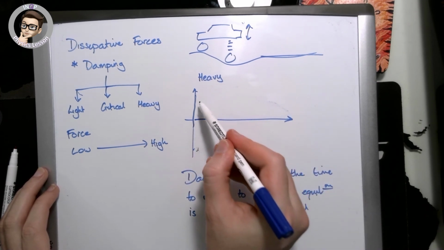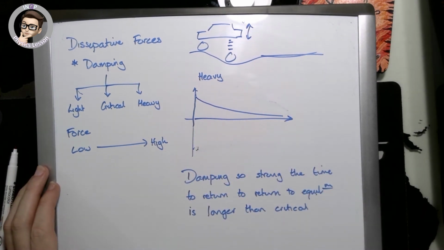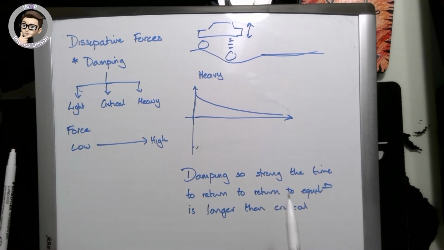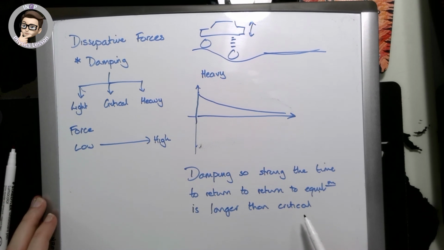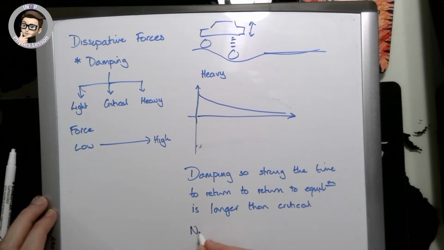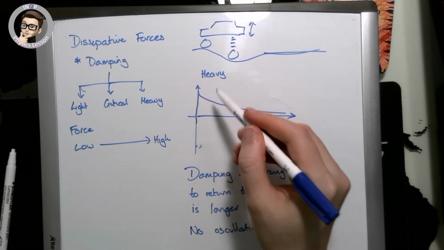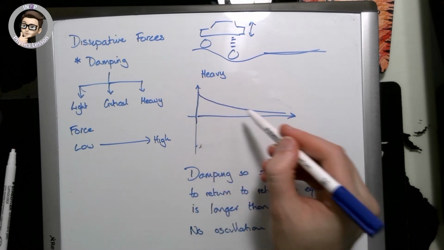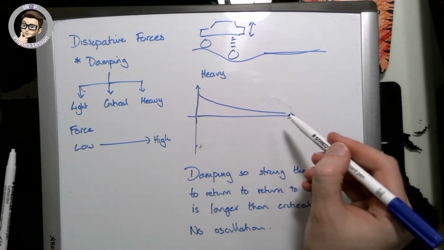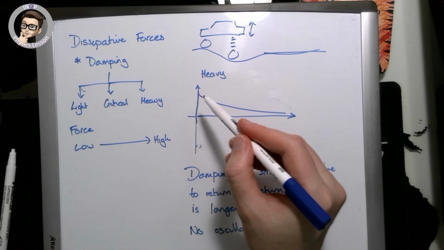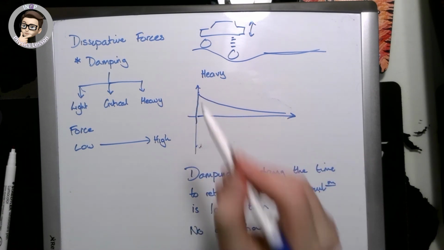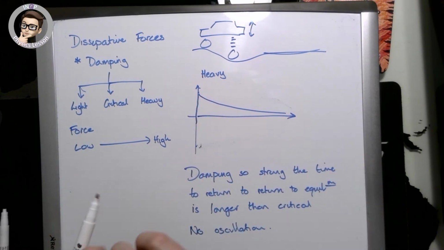But heavy looks like that. It looks like the damping envelope. So damping is so strong that the time to return to equilibrium is longer than the critical time, and there is no oscillation. So you don't go below the 0 point. It doesn't oscillate upwards and downwards. It stays in that simple system, or simple idea here, of returning to 0, but it hasn't returned to 0 as quickly, so we draw that on,